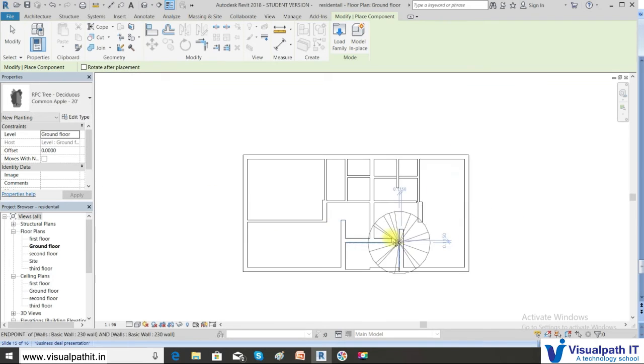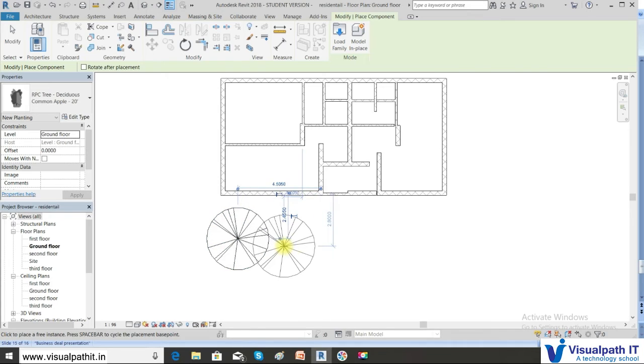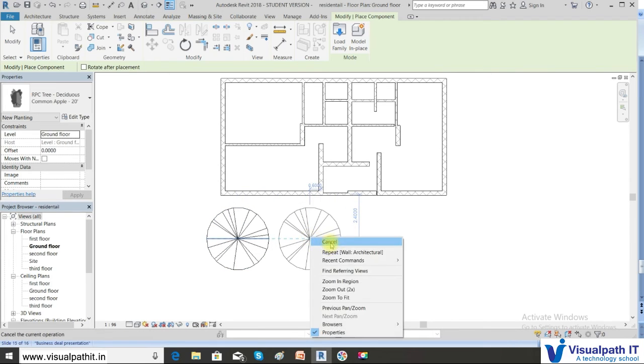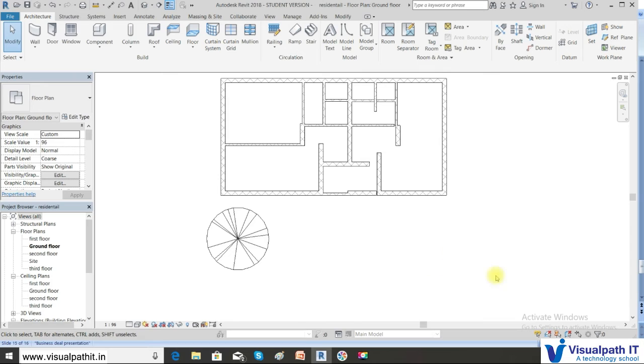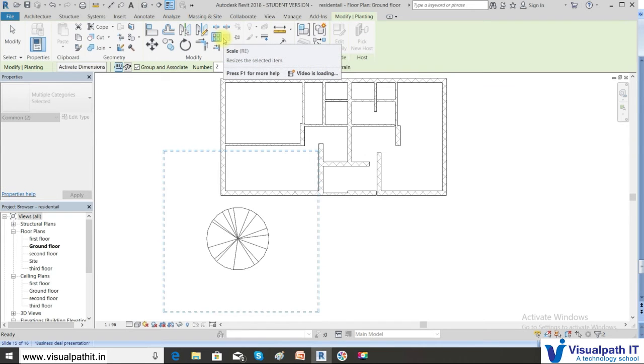So I want to place an array around this building. So I place it first. Now I want to have a number of copies of this object. Now select the object. Here you have the array button. So array is AR. Click that AR. Now here you have to understand the numbers is already specified, but you can specify it dynamically on the user interface, graphical screen, drawing area also.